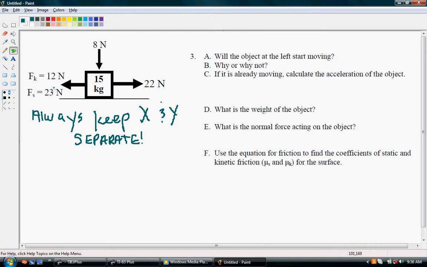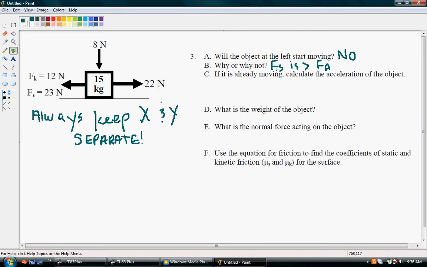The friction of 23 newtons is greater than the force we can apply. So will the object start moving? The answer is no. Why? Because your static friction is greater than the applied force,